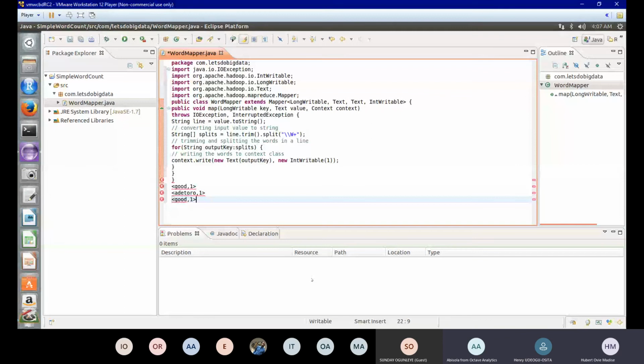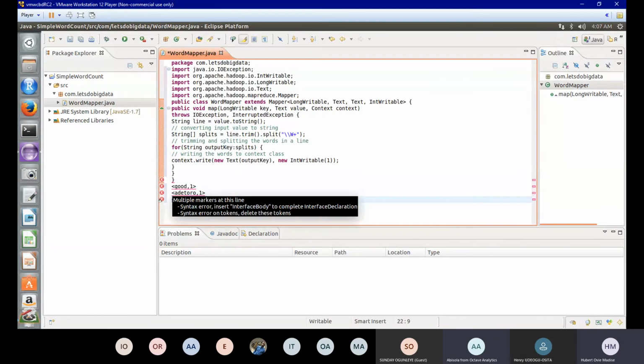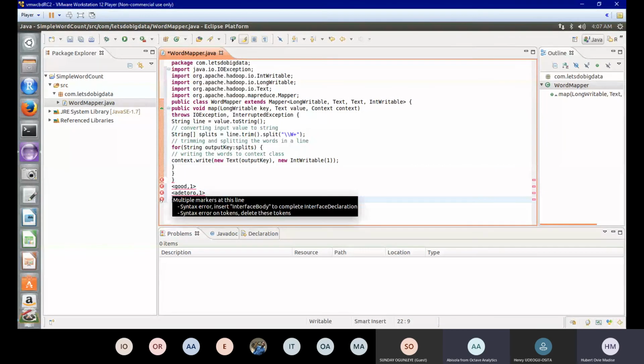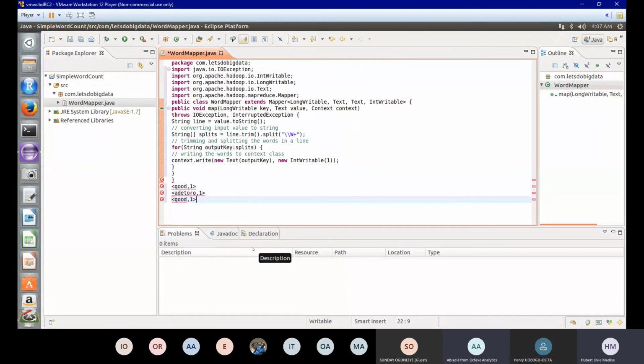So this is the form of text. Ignoring the one, it is a number, but it still takes it as text. So your input value is a text, and your output value will still be a text. But then it counts it as a number. So that's basically what it's doing. So if you see, it's splitting your data, split, trim, split, and so on and so forth. So you can take your time to understand this code, check more about it. But that is just basically what your mapper script is doing. So Hubert, you can delete that part we wrote out.